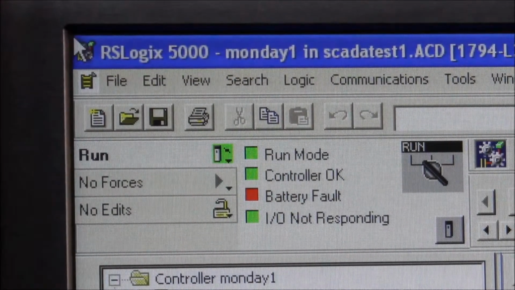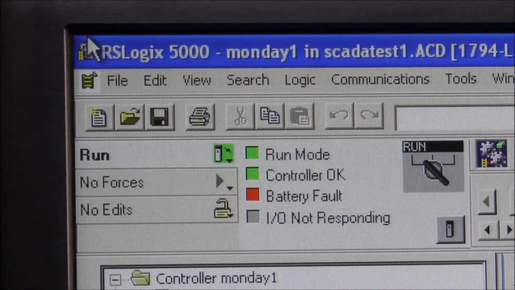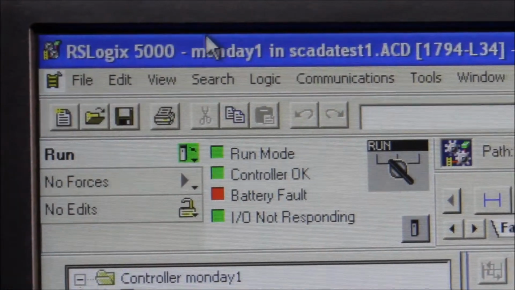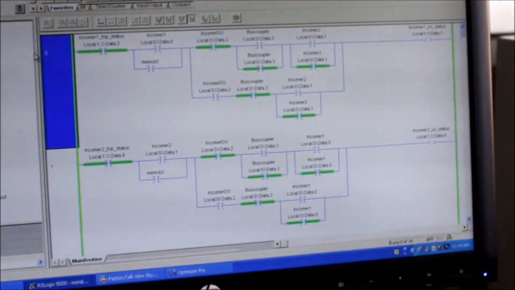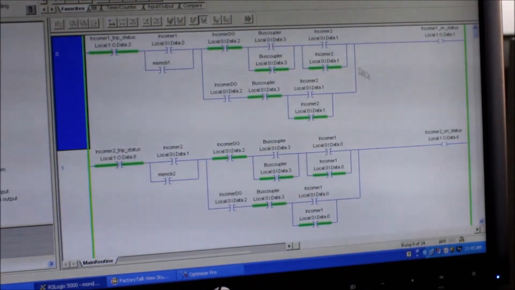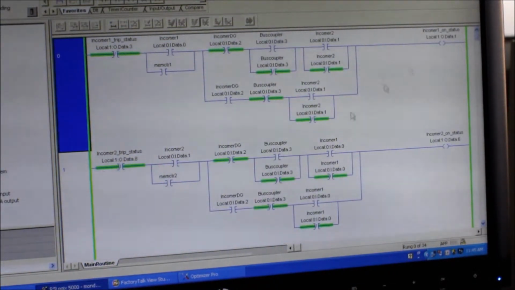Now, let us see the software used to program our PLC. The software used to program our FlexLogix PLC is called RSLogix 5000. At the heart of Logix technology is RSLogix 5000 design and configuration software. RSLogix 5000 offers an easy to use IEC